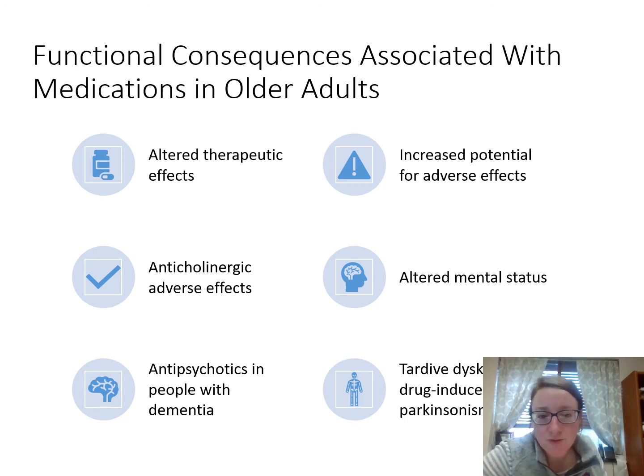Back in the 80s, we really started looking at antipsychotic use in patients with behavioral issues related to dementia. And back in 87 was the Nursing Home Reform Act that really made us look hard at the use of antipsychotics. And so we used antipsychotics like Haldol to deal with behaviors related to dementia.